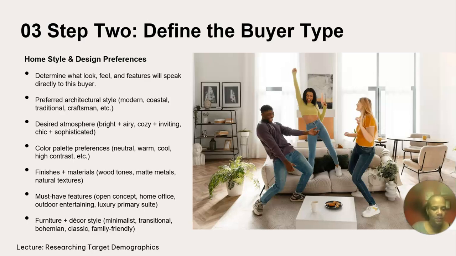Did I forget anything? So: must-have features, open concept, home office, outdoor entertaining, luxury suites. Furniture and decor style, kind of the same as the architecture, is going to be minimalist, bohemian, classic, family friendly. So all of these decisions you're starting to make based on your buyer type